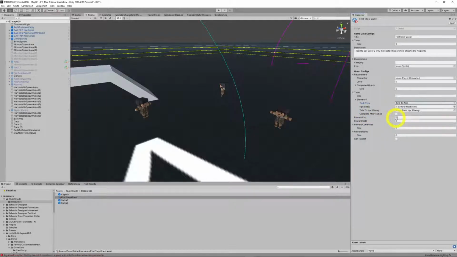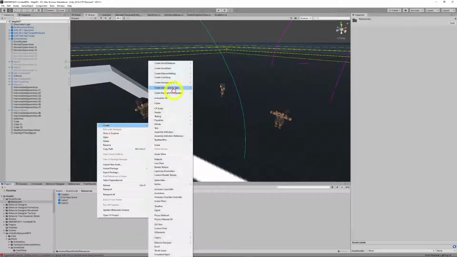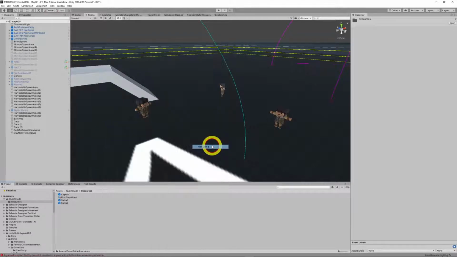We can gain our reward the moment we talk to them, the moment this dialogue pops up, or we can have it so that you have to go back to the original calling NPC like a standard task. Now we don't have a base dialogue, so let's give ourselves a base dialogue, create data dialogue,